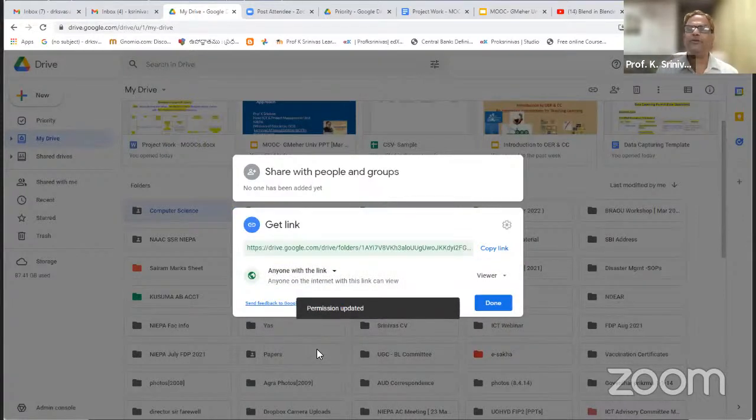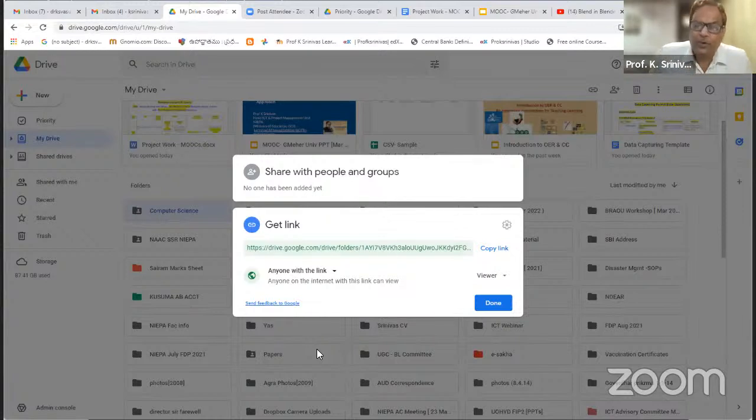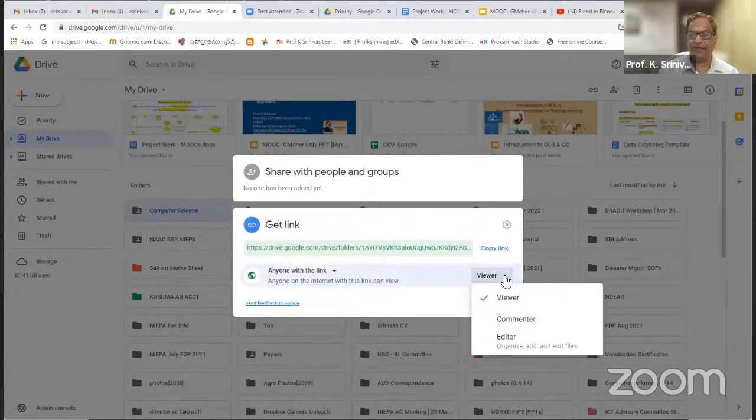I am not going to copy anything now. We will use this first, and how to use it and what to do, I will see later. On the right side there are 3 more options. One is viewer, so he could be only a viewer. Commenter means he can comment. The third one is